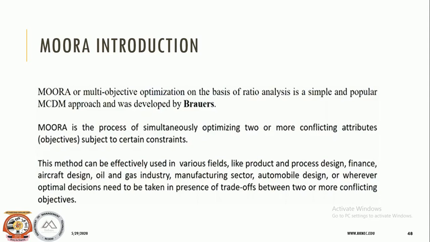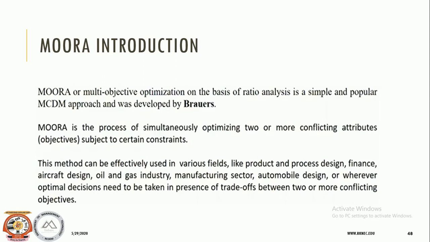This method consists of two parts: the ratio system approach, and the reference point approach. These two parts are based on the same type of normalization. Both techniques use the same kind of normalization. This is the first method wherein we will use a different type of normalization from what we typically followed in the WSM, WPM, and WASPAS methods. We are not using that kind of normalization; we are using a different type. But the two categories that MOORA offers are the ratio system approach and the reference point approach, and in both approaches the normalization type remains the same.